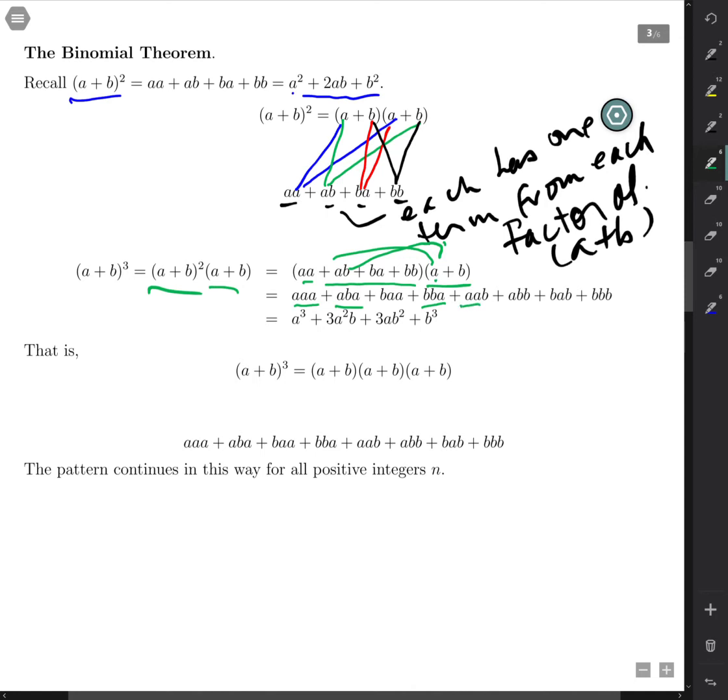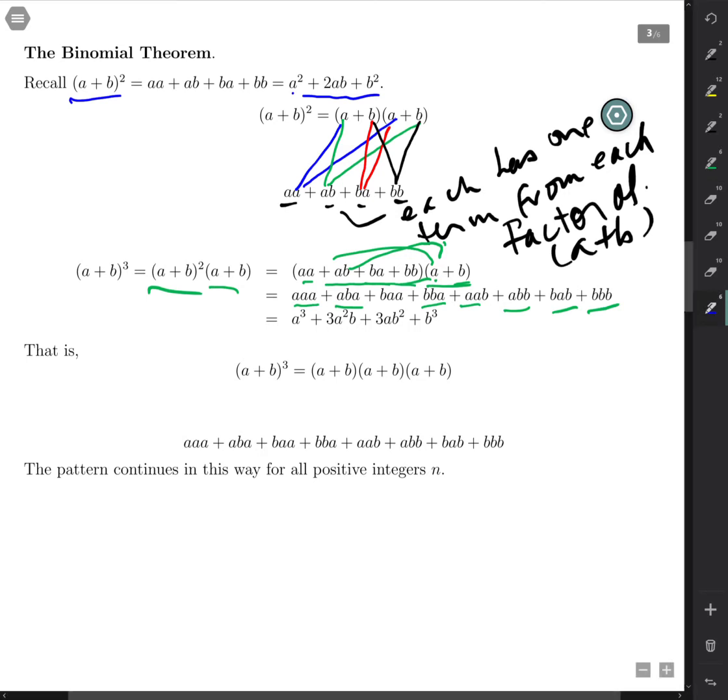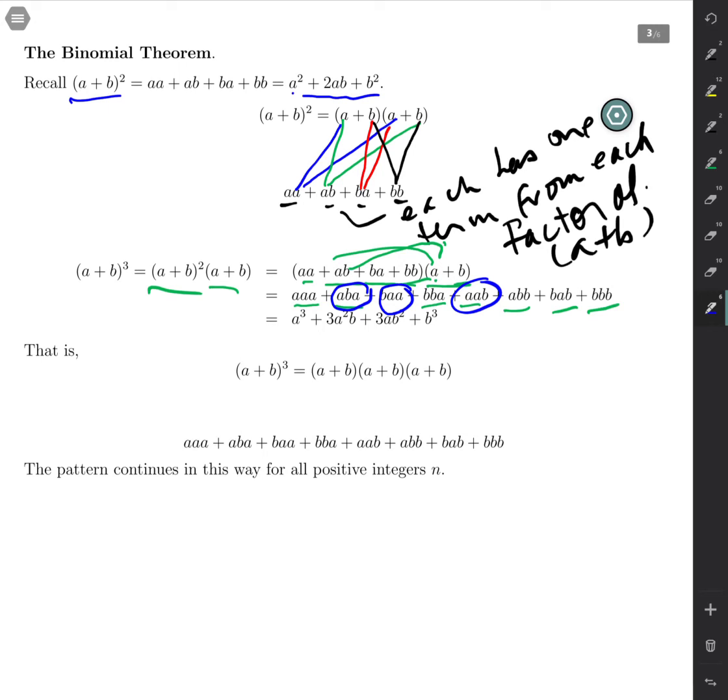AAB, ABB, BAB, BBB. So we get 8 terms there, and we'll combine them in the normal way. And in fact, if we look at it, then we get a squared b comes from this term here, and this term here. And basically, what's going on here is